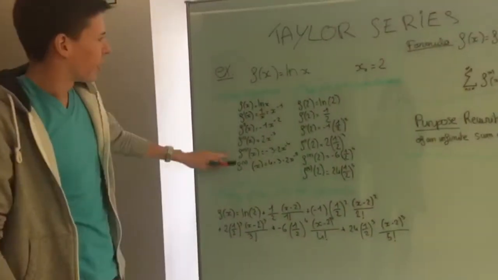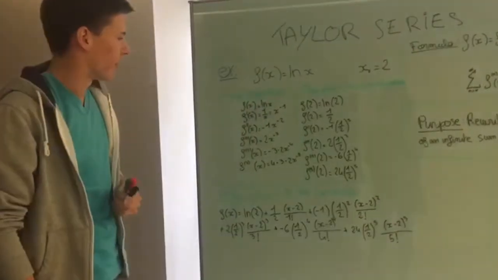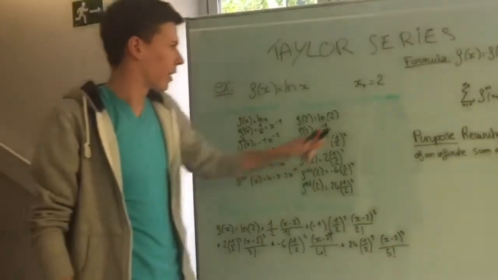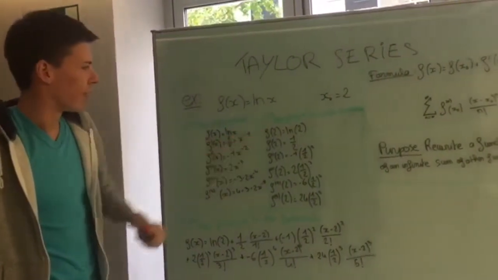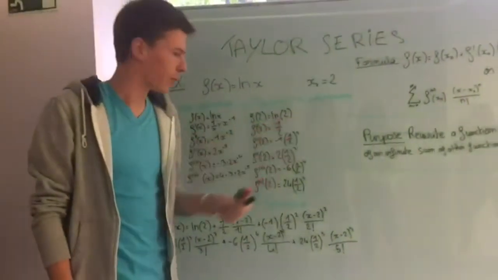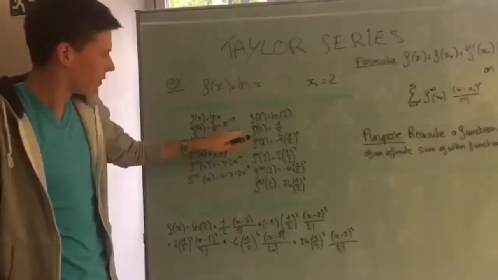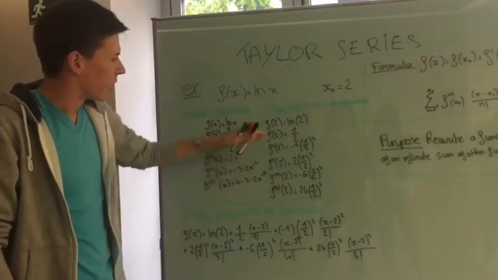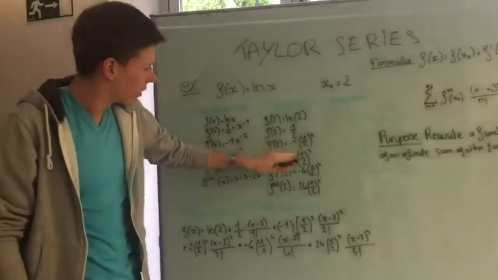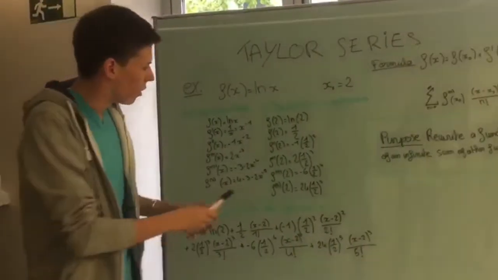After having differentiated the actual equation, f of x equals ln of x, we plug in our value, which is 2. So we plug in 2 into f of x and get ln of 2. We plug in 2 into the first derivative of f of x and get a half. We carry on doing this, and as we can see here as well, basically all of the